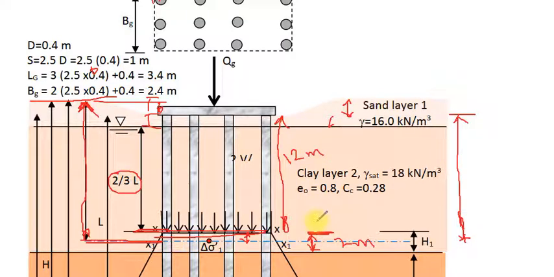So 11 meter multiplied by gamma saturated 18 minus 10 or 9.81